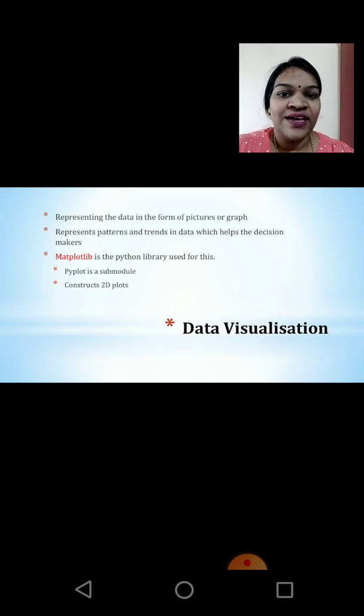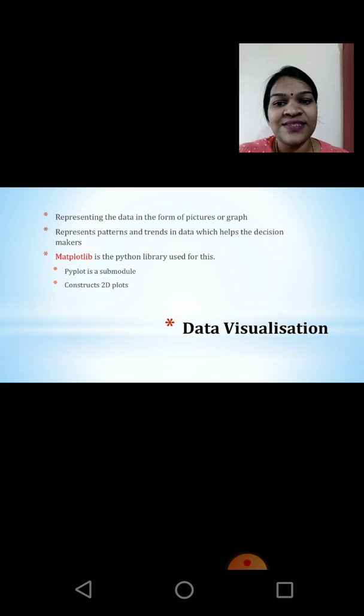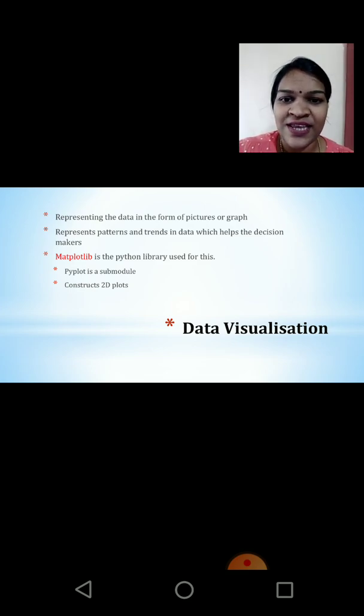And we have so many functions inside pandas to show these numbers as pictures. It represents the patterns and trends in the data, which helps with decision making. For example, I have the marks of you people with me, and I want to see the trend from the first monthly test, PT1, to the second, PT2. I just want to see whether the marks have increased or not. So I'll plot a graph and I can see an increase, and I'll understand that the student got more marks in PT2 than PT1.